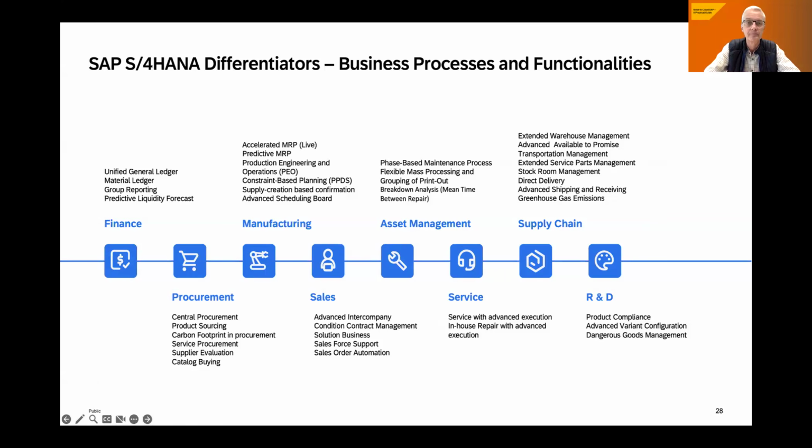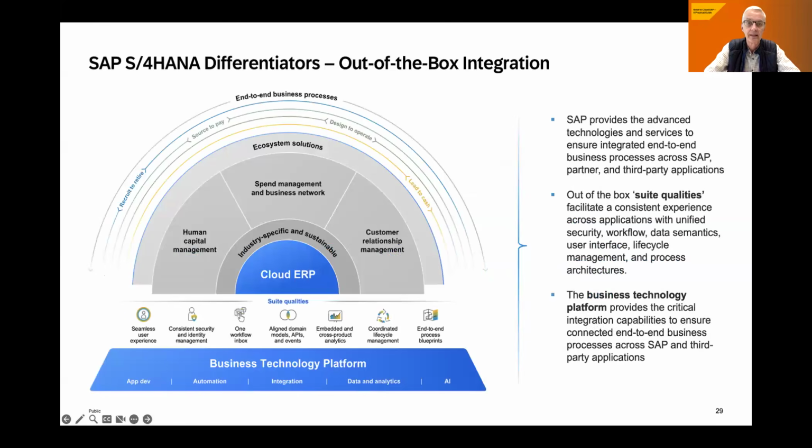Next slide, please. Yeah, out-of-the-box integration. Around 5 years ago, SAP was criticized, and probably rightfully so, for not doing the best of jobs in integration. We have invested a lot. We have caught up a lot on the deficiencies of the past. Our business technology platform is the central hub for integration in hybrid landscapes, especially with a homogeneous data model being implemented across our solutions. And I would like to move on to the next slide with that.